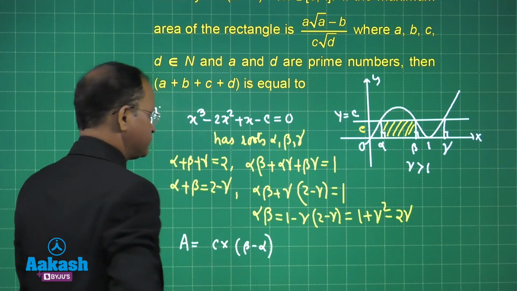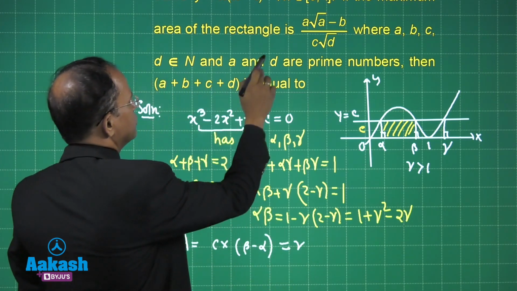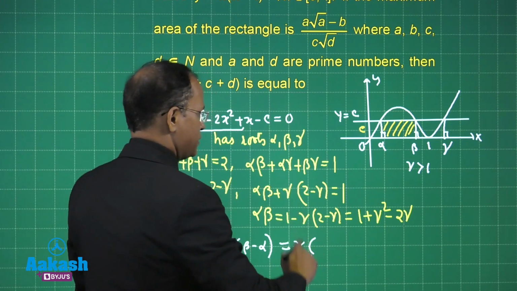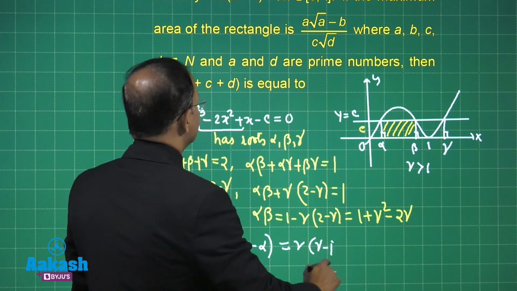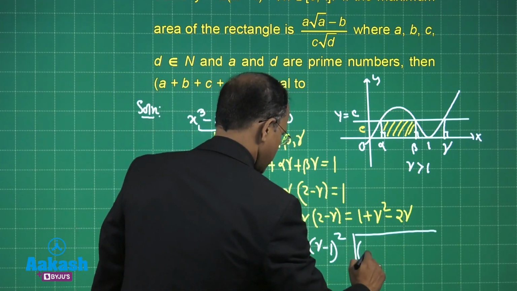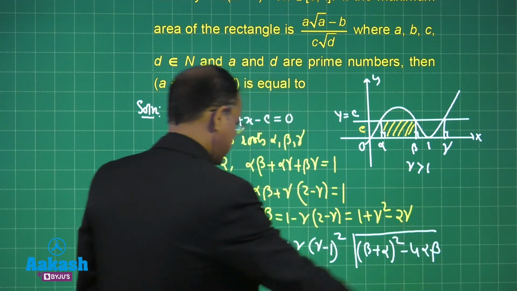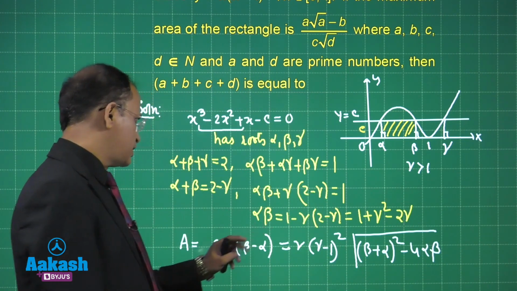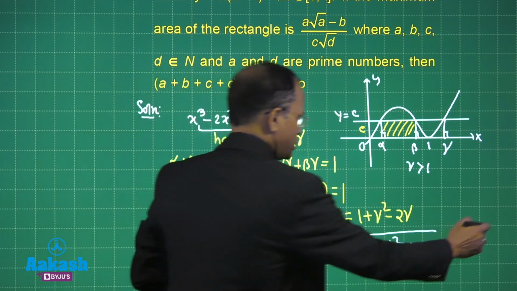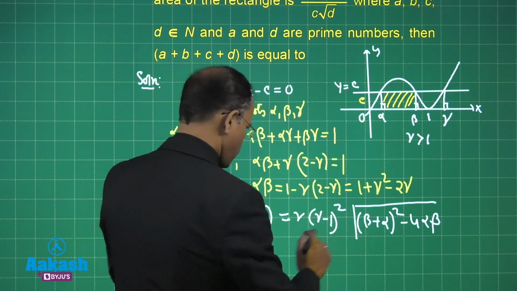You got it? So this is going to be gamma times, because this is nothing but, just same thing, gamma times gamma minus 1 whole square, right? So this is going to be gamma times gamma minus 1 whole square, okay. Then we have beta minus alpha. This is nothing but beta plus alpha whole square minus 4 alpha times beta. So we have alpha into beta, then we have alpha plus beta. So here we can just substitute the values. Once you substitute the values, we come out with A here.